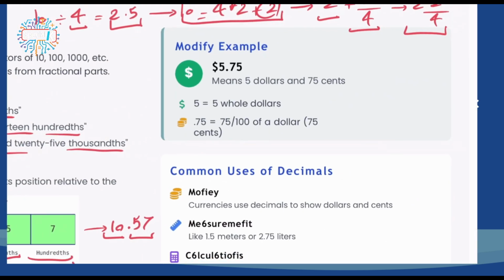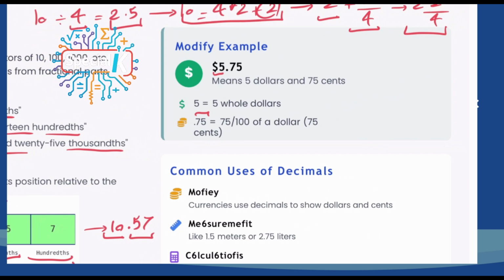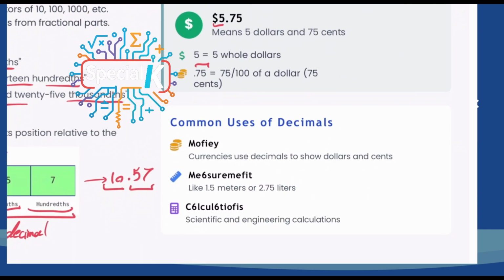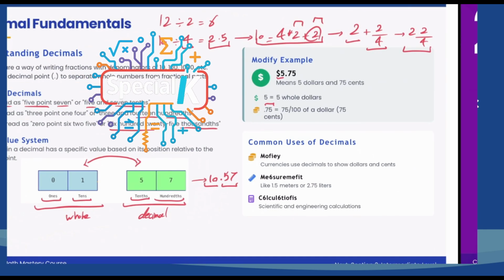So for instance, where we're going to use that, we have $5.75. 5 means 5 whole dollars, and 75 cents means 75 out of 100 cents, where each 100 cents is going to be $1, so 75 cents out of a dollar. So we are going to use that in a lot of applications and a lot of